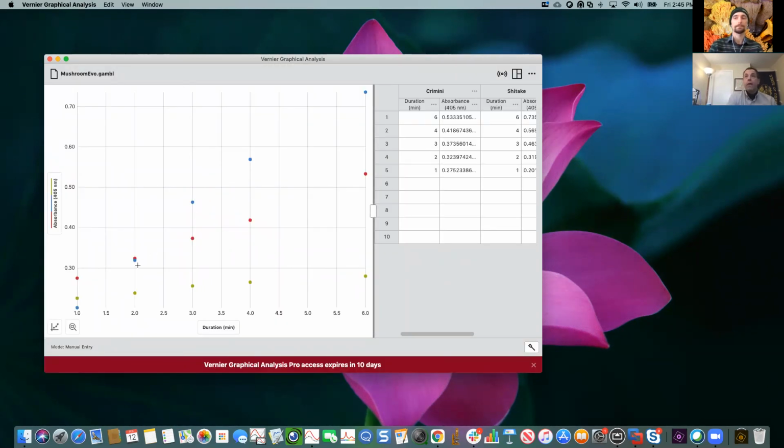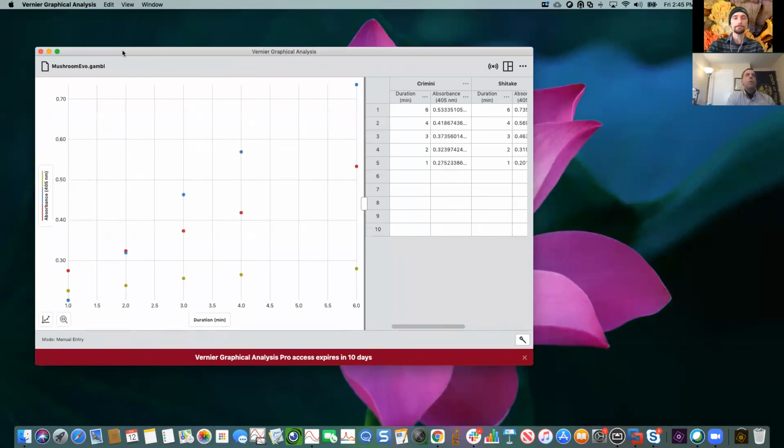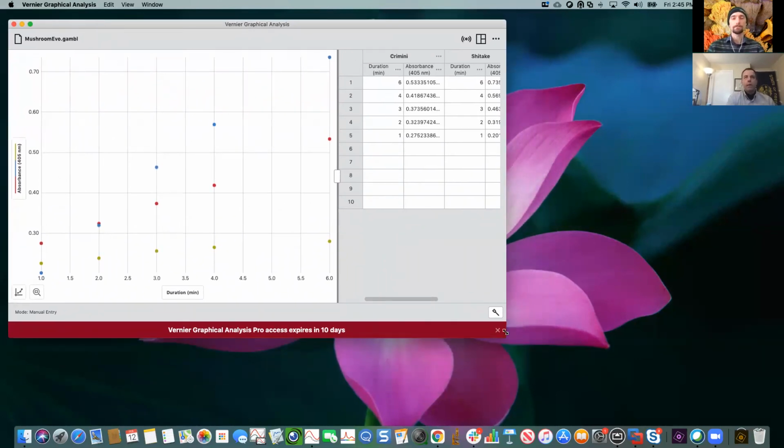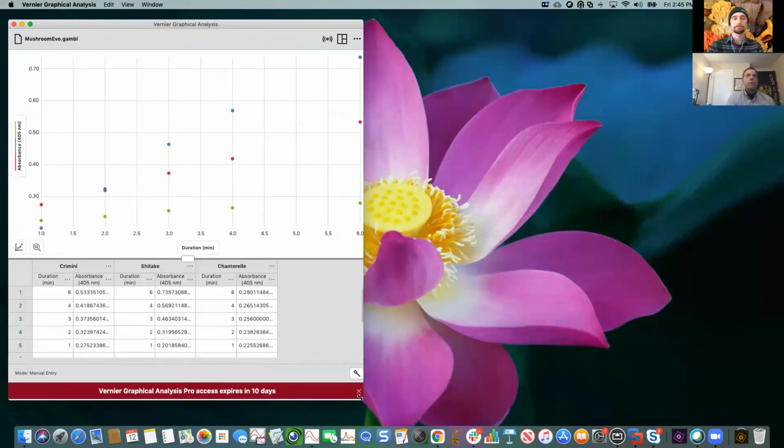So here I have the actual data sets that David and I were talking about. These are those time-based data sets, so I've collected data as a function of time. And maybe you want to give these to your students, right? You want to give these and have them take a look at them. So I'm going to move this over here.